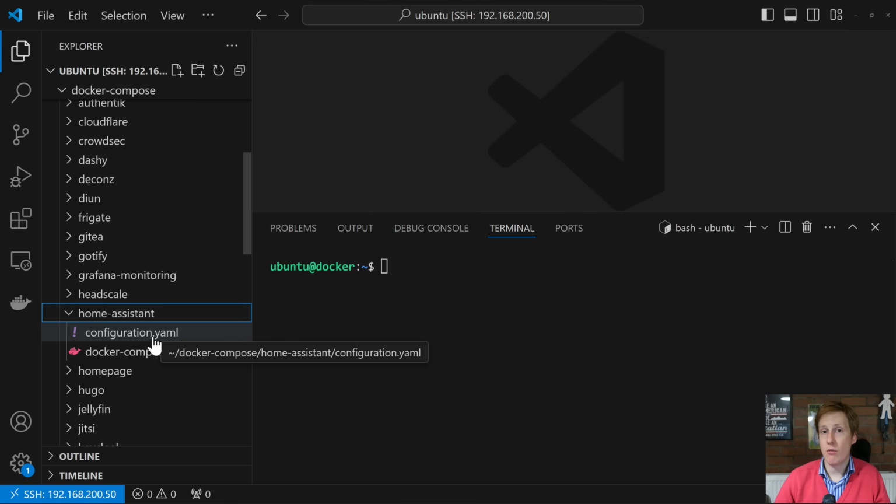This is the configuration file for Home Assistant, which it will use on that first boot, and also for any subsequent changes you need to make to the configuration file. You'll have to reload Home Assistant. Sometimes you need to actually reboot the container. You can actually edit this as well in the GUI, which is quite nice, within Home Assistant itself, but